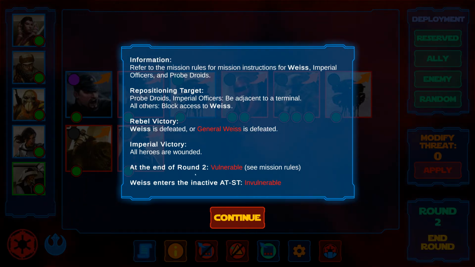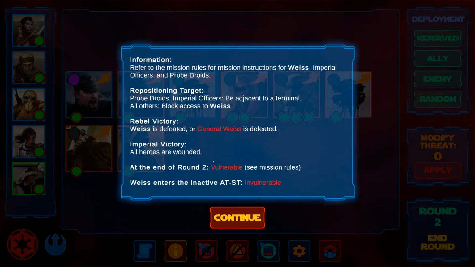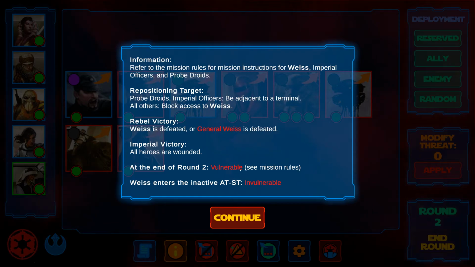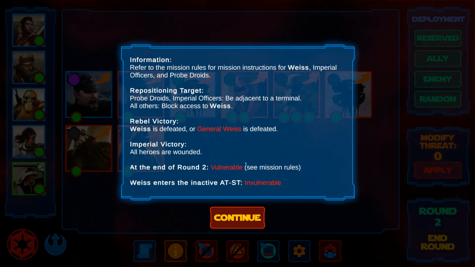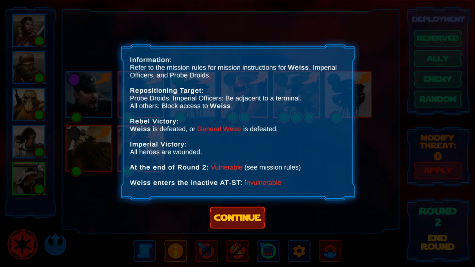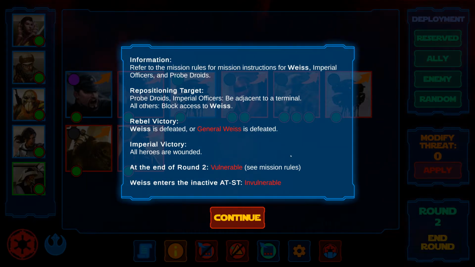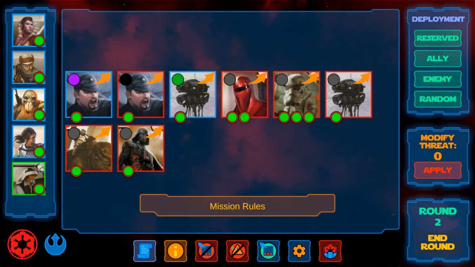As soon as you meet the condition of a trigger, the Imperial representative refers to the campaign guide to resolve the event. Some events have special rules in Imperial Commander. If that is the case, the mission info window tells you to consult the mission rules when resolving that event. In this example, the event Vulnerable requires you to view the mission rules. The mission rules button is right next to the mission info button.